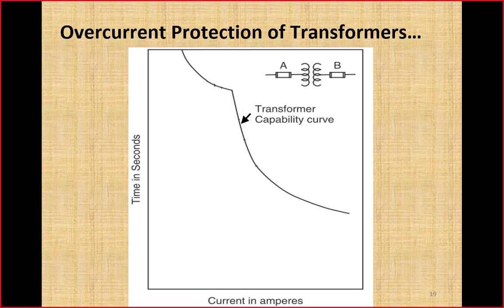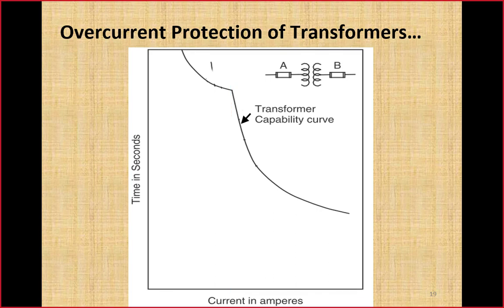We can see there are two sections of this transformer capability curve. This first portion is for overload condition, and this is the response of the transformer against the fault condition. You can see in case of fault there is an abrupt decrease in withstand time. So the capability curve has sharper characteristics over there. So remember, fuses are used to provide protection against only short circuit conditions. So it means the characteristics of the fuse that we are going to discuss here would not be used to provide protection during the first section of this transformer capability curve, that is due to overload condition.